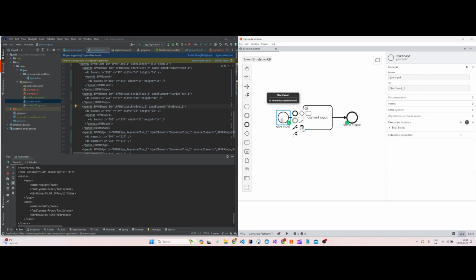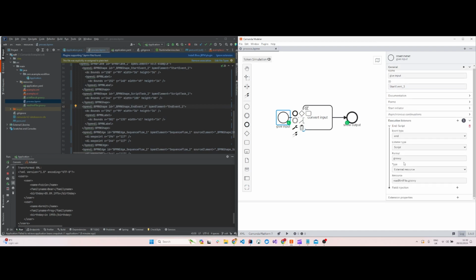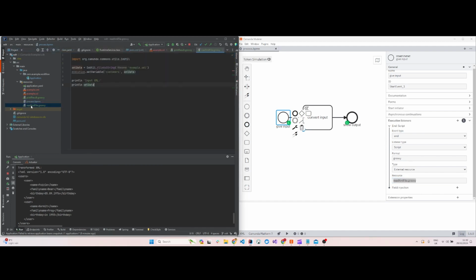The first thing is the start event. The start event has a script in Groovy, and it has an external resource called read XML file. So it reads the XML file. If you go to readxmlfile.groovy, you'll find that XML data is given, so import org.camunda.commons.utils.IoUtil. So it reads the example.xml. So you have to paste the